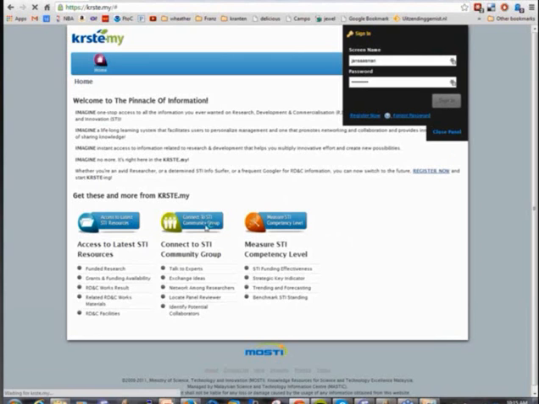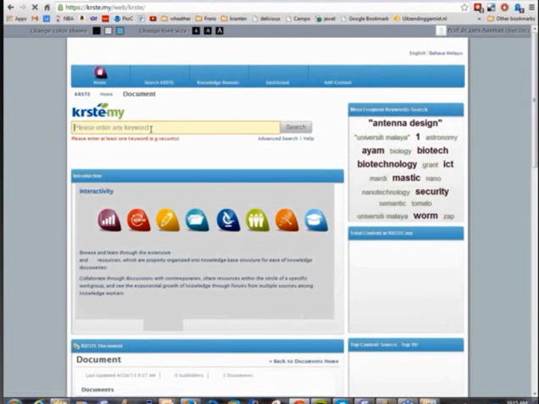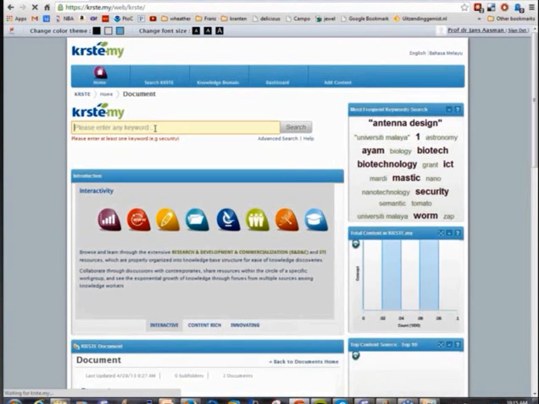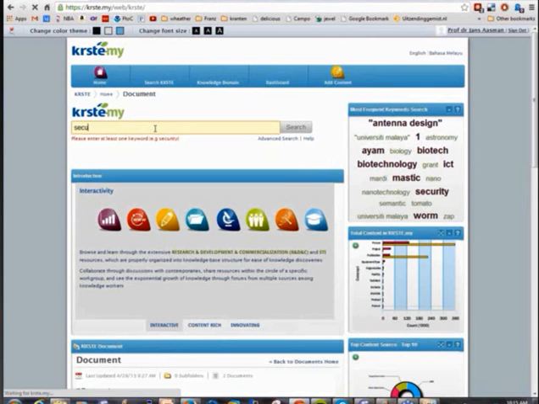So here's the website that had all the information sources that I just talked about. If the internet will actually let us in. Yeah, so we have this huge database of all these different artifacts, from people to projects to documents, etc. And so if I want to search for something,